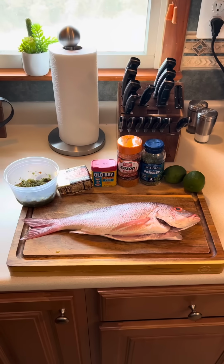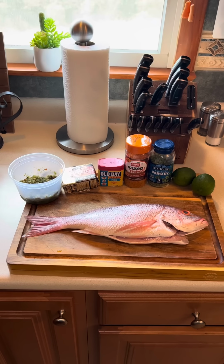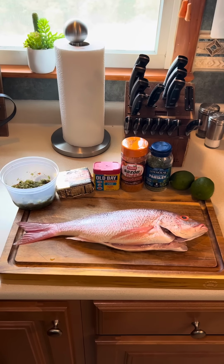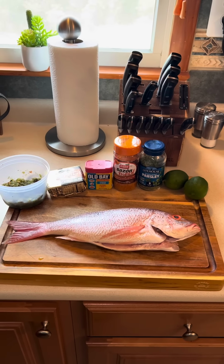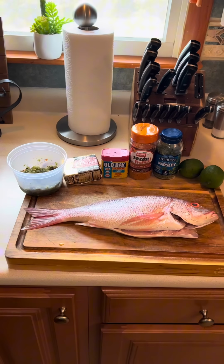Right, now look, today is day 1 of 2 of me showing y'all how I make grilled red snapper. In today's version, we're going to be going with a little bit more of a Latin flair. We're going to be using things like sofrito, sazon, lemon, lime, all of the good things. But I'm going to be showing y'all a few different ways, so let me show y'all the ingredients for today's